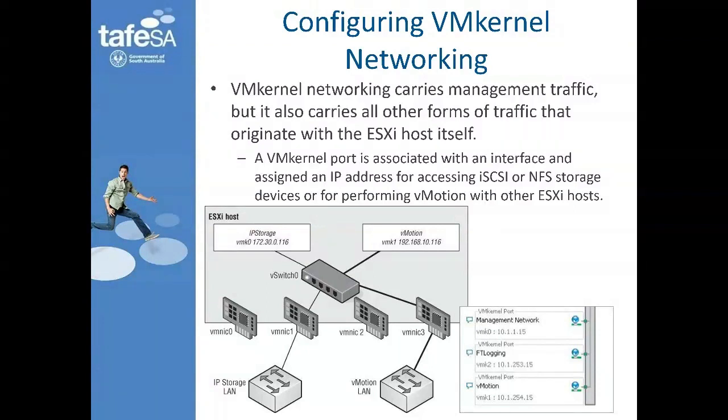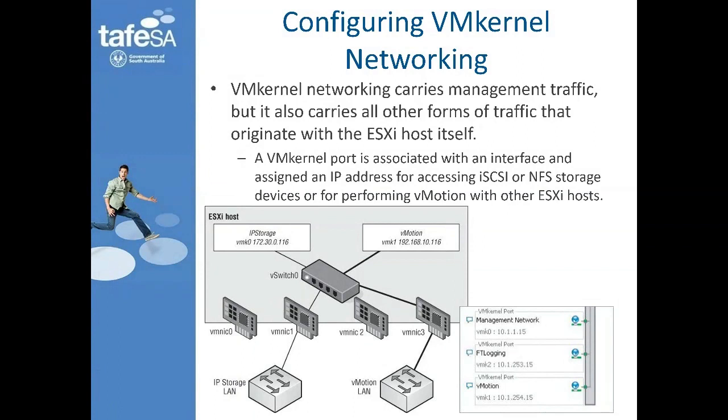That's not the VMs talking, are they? It's the ESXi servers talking to other ESXi servers or talking to the vCenter. So all of these things, management, fault tolerance, vMotion, storage, etc., use VM kernel ports,